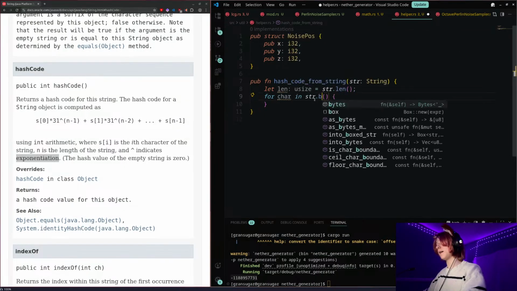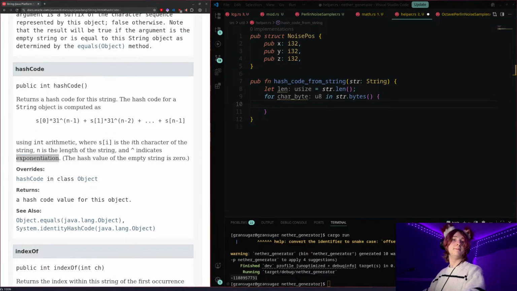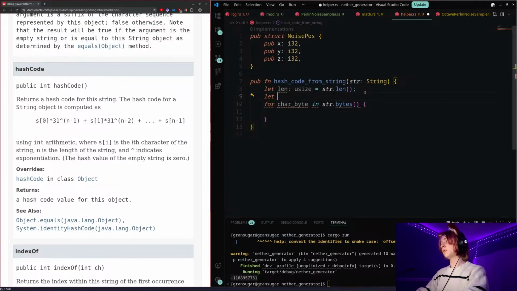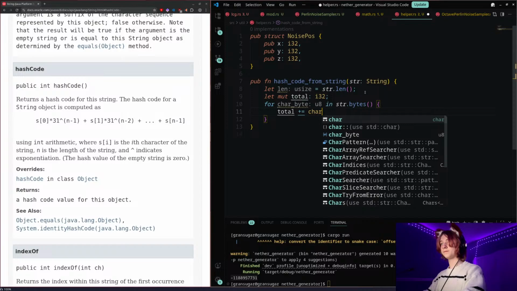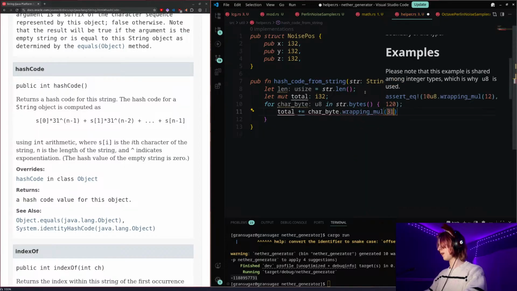Okay, so we need to do dot bytes, it looks like, because Rust and Java handle it differently. Okay. So this is the ith character, and we need to have the total. Let mut total. What type is this? It returns an int, so this needs to be an i32. So we say total plus equals the char byte times dot wrapping multiply 31,